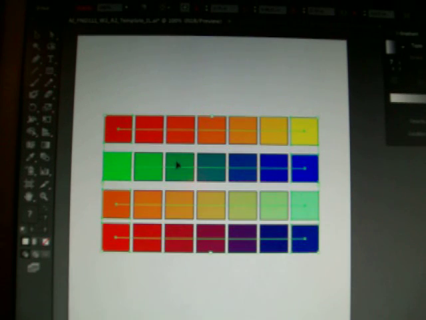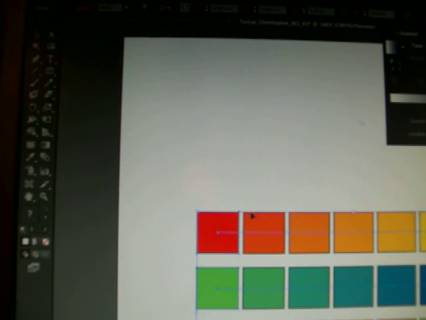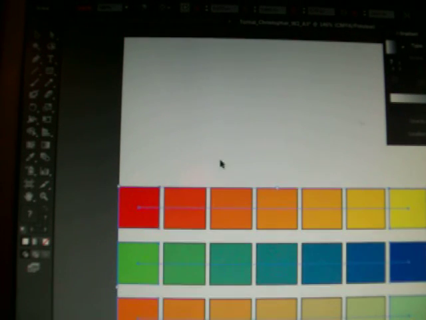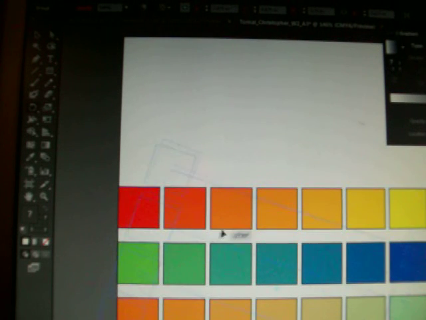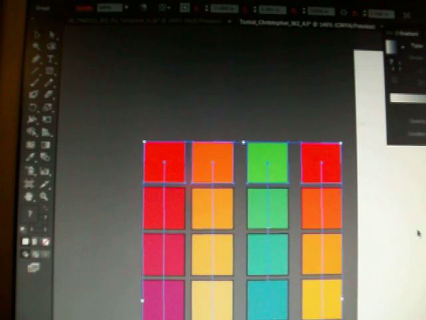Go back over here. I'm going to just grab this, go here, release, just sit right here, rotate. Do yourself a favor, get that rotated, and then we're going to bring it off to the side, and there's your palette for